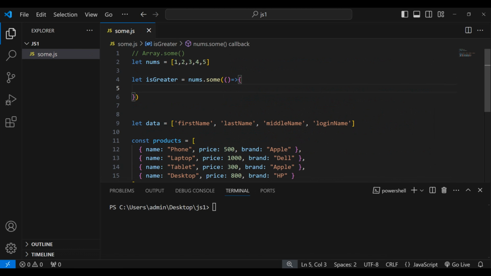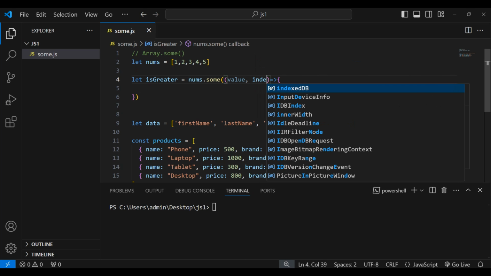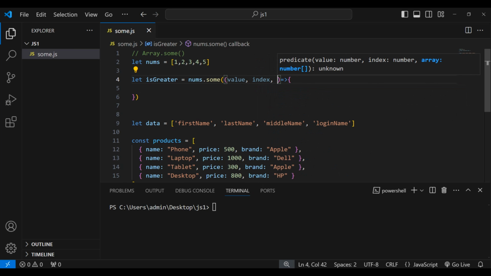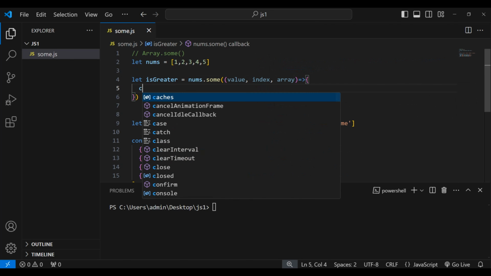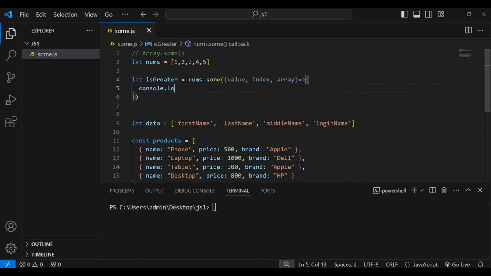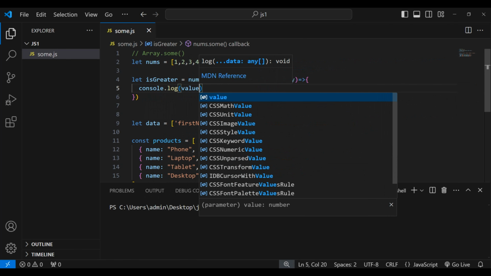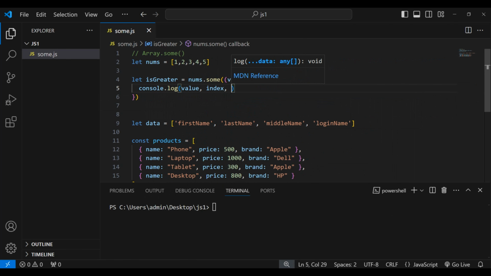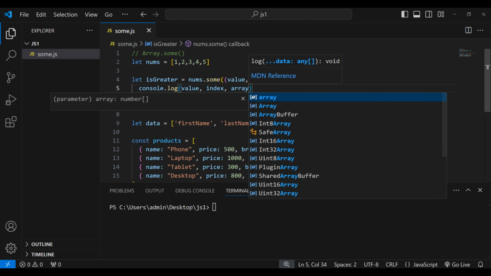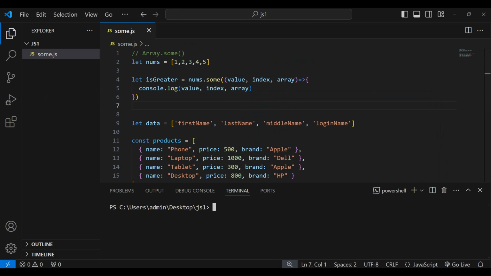This function will take three parameters. The first one is value, so let's write value, and the second one is index. You can name it anything. The third one is array. Awesome. Now let's quickly check them. Let's write console.log: first value, second index, third array. Now let's come here and write node